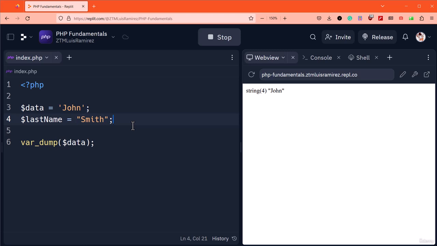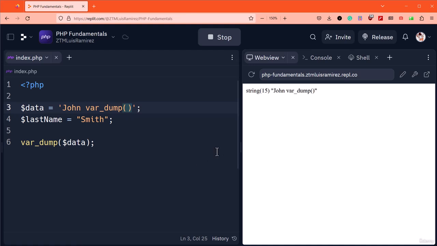Inside the quotes, we're allowed to write anything we'd like. Blog posts, product names, addresses, or anything represented as text can be stored in a string. It's important to note that code inside a string won't be executed. For example, inside the data variable's value, let's call the variable dump function.